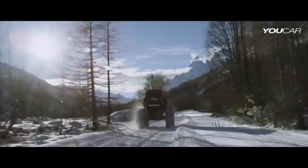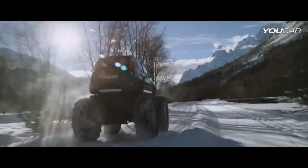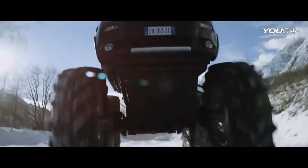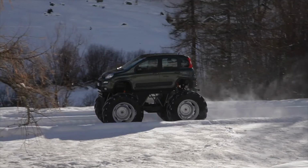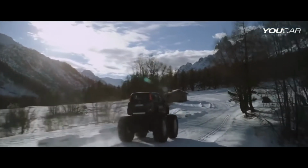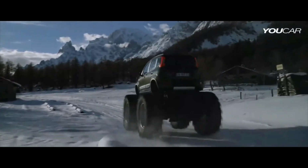Number 4. Fiat Panda 4x4 monster truck. Understandably, you may be wondering why Fiat would commission such an outrageous vehicle. Well, that's because this particular monster Panda will be used in an upcoming TV commercial due to start airing in 2013. Created by the Leo Burnett ad agency, it tells the story of 4 friends who set off for a